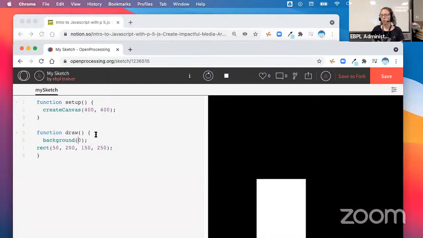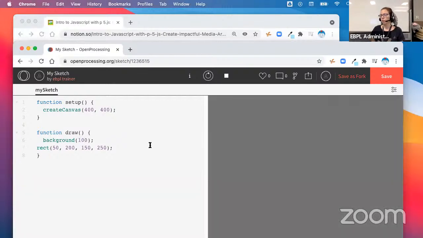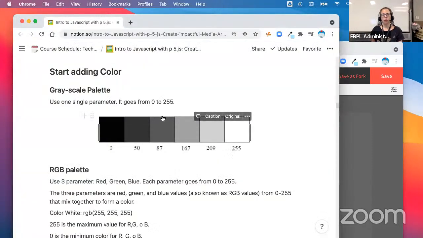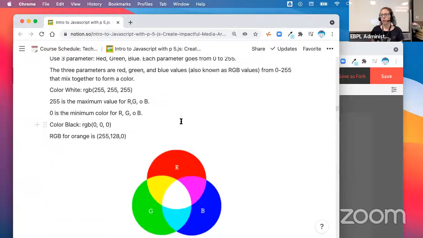And then you can start getting it closer and it's going to be gray, and then it'll be lighter gray, and lighter gray. So that's how you do colors with one parameter. So that's the grayscale. But we can have a lot more colors. And to have a lot more colors with these 3 parameters, which is red, green, and blue, which is the